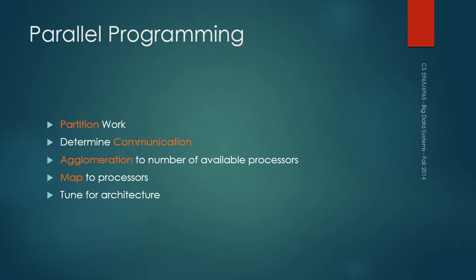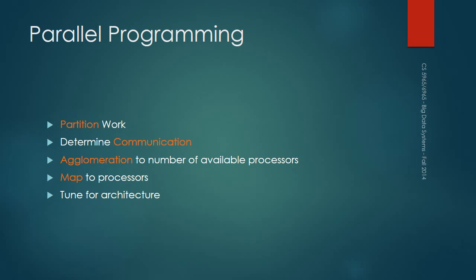Fundamentally, you can break it down into these 4 or 5 steps. I'll explain these in detail, but just bear with me for a minute. You want to first take the task that you have and partition it for work. And I say partition work because this might be related to partitioning data or dividing up data, but it might also be at a task level, where you're not necessarily dividing up the data itself, but dividing on a particular task because it makes sense.